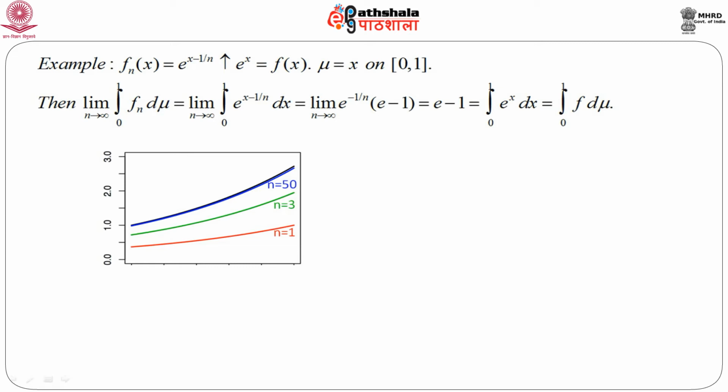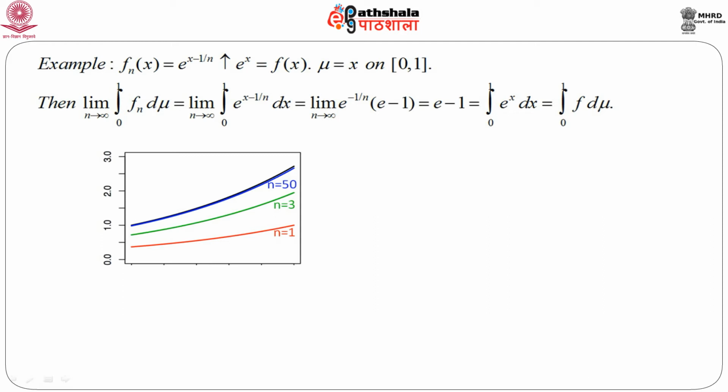Another thing is that the black curve is nothing but the curve of the limiting function, that is e^x, and this blue curve and the black curve almost coincide fully as n gets larger. That means, if we increase n more and more, we will not be able to distinguish between these two curves. That means this curve converges as n goes to infinity. So, since this is an increasing function, increasing in n, and it converges, we can apply the monotone convergence theorem